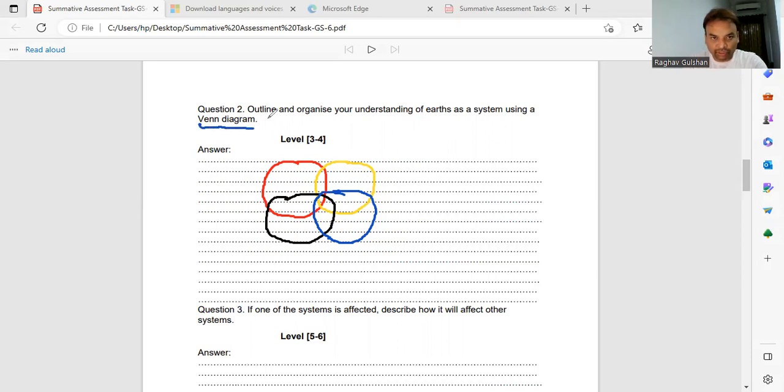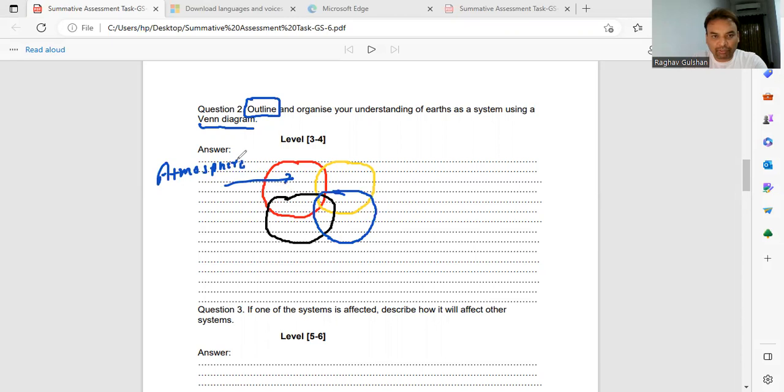So the question is: outline and organize your understanding of Earth as a system using a Venn diagram. Outline means we have to write briefly about the Earth as a system, with the help of a Venn diagram. So I will make the Venn diagram and write the name of each circle. We need not explain it thoroughly. So the first system is the atmosphere,